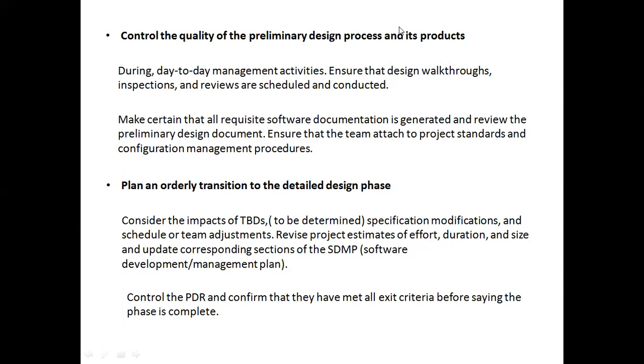Next one is a plan and orderly transition to the detailed design phase. It controls the preliminary design review and confirms that they have met all the exit criteria before we say that phase is complete, or we are done with all our designing.